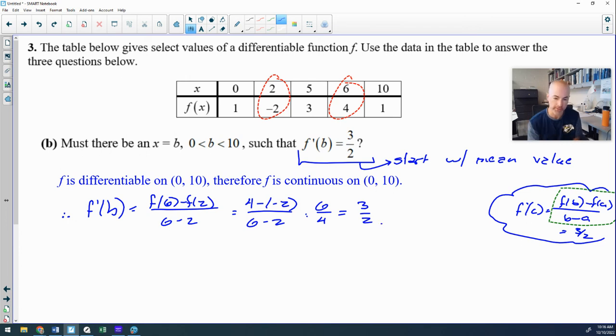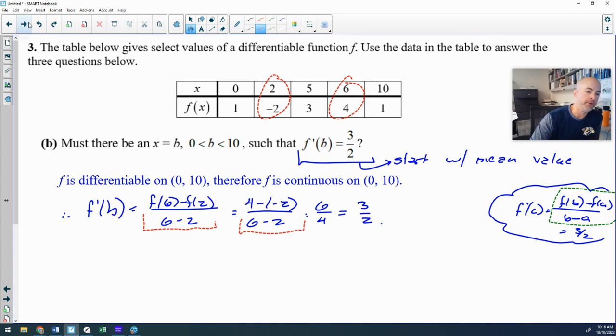We do not need to explain by the mean value theorem. We don't need to write this big, huge, conclusive sentence. We have explained that this does happen, and you do want to get in the habit of including a difference quotient in your answer, either that one or this one. Do not jump straight to f prime of b equals 6 over 4. You have to show explicitly the formula for slope being a change in y over a change in x.